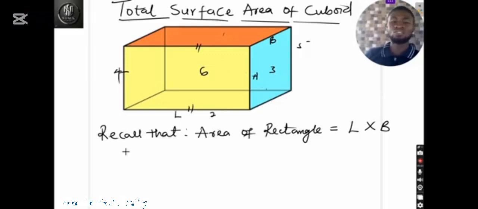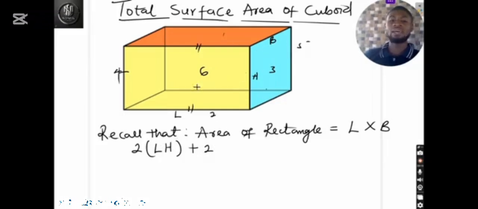For me to calculate this, I will say L multiplied by H is the area of this front. So if that is the area of the front and I have 2, that will now be 2 multiplied by length times height, right, plus 2 multiply, what am I multiplying again? The other side. Let's take the right hand side and the left hand side, this side and the other side. So what I have at this side and the other side is I have breadth and the height. So I open bracket, B multiplied by the height, close bracket,